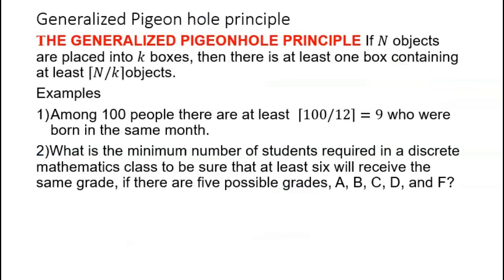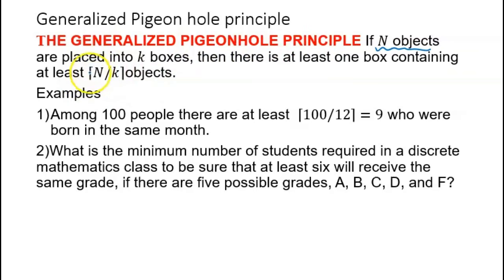The next thing that we are going to talk about is known as the generalized pigeonhole principle, and the statement is that if n objects are placed into k boxes. Now in the earlier case I was taking k plus 1 objects and k boxes. Now I am making it more general. That is why we are calling it the generalized pigeonhole principle. So if n objects are placed into k boxes, then there is at least one box containing